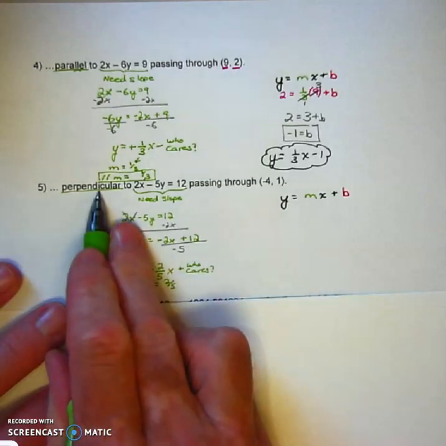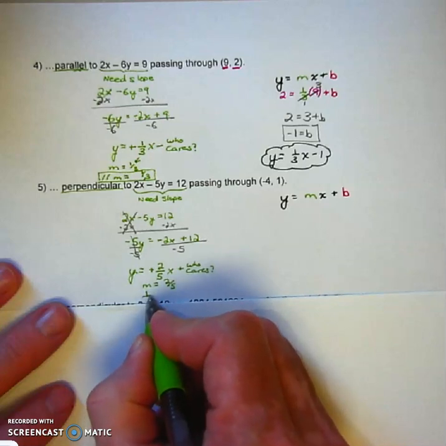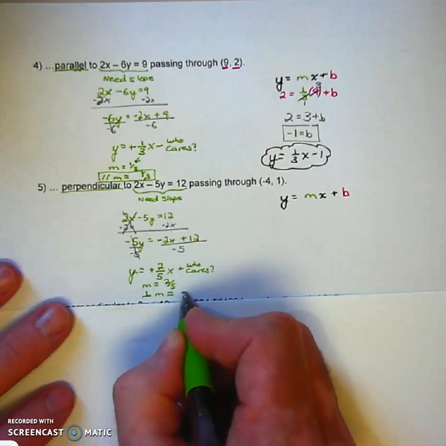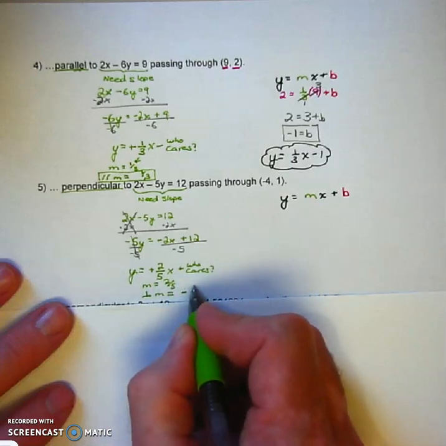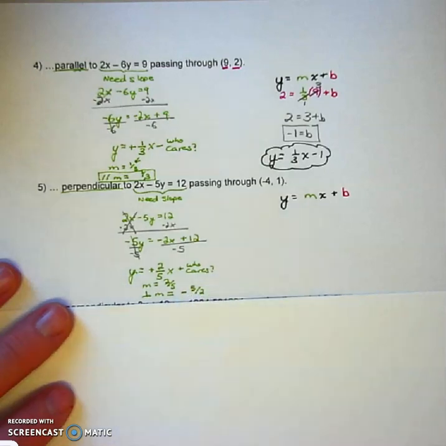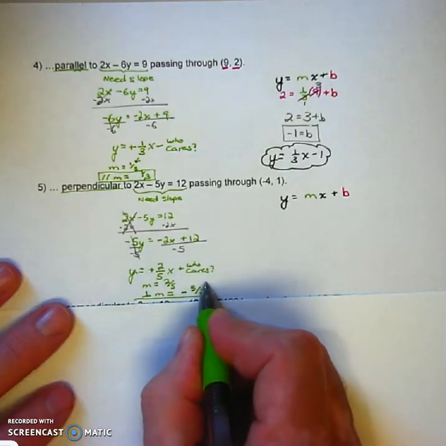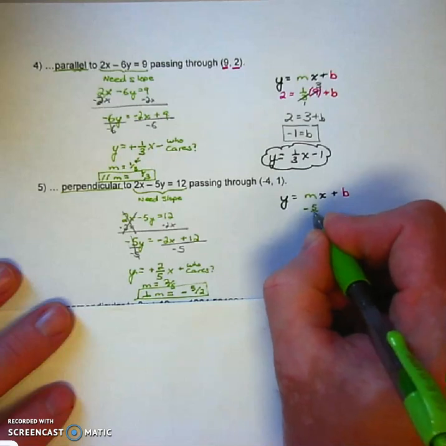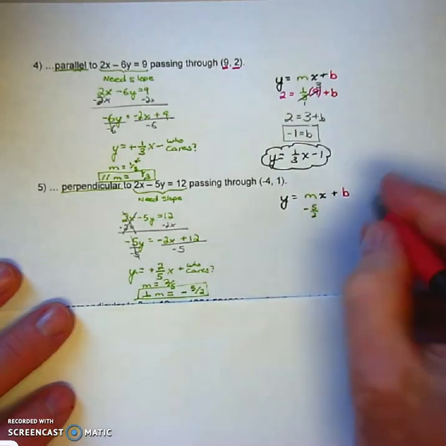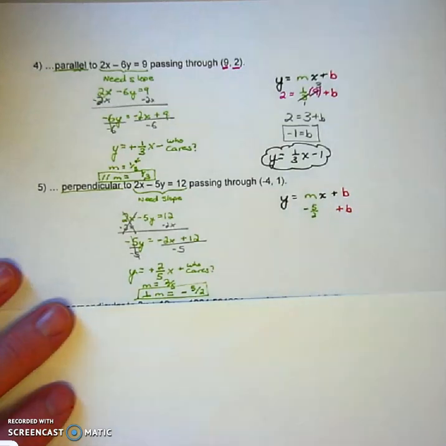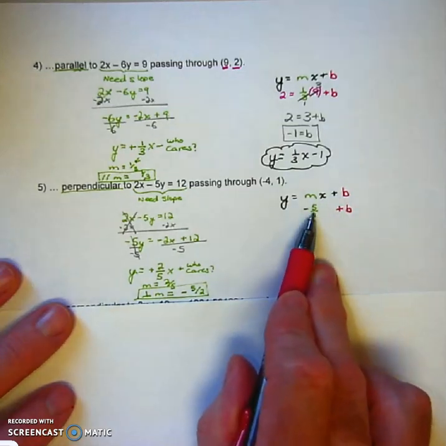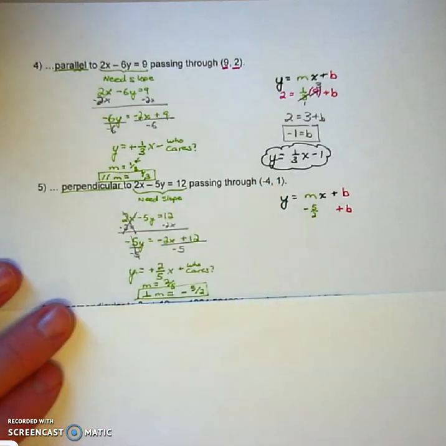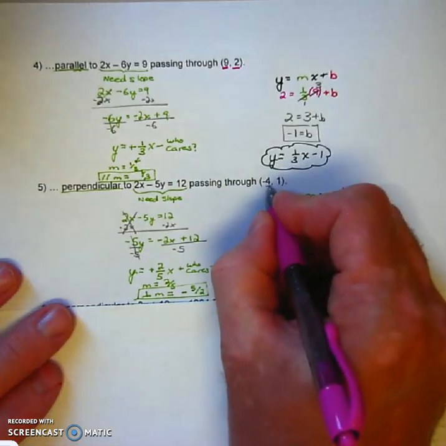But actually, I want the perpendicular slope. So the perpendicular slope is going to be the opposite, not positive, but negative, reciprocal, which means we're going to put the 5 in the top and the 2 in the bottom. So now that is my slope. And after all that work, I can put a -5/2 here. But the sad news is we don't know what the b is, the y-intercept. Because the y-intercept of a line with this slope through this point is most likely different than the y-intercept of this line. So let's put in -4 for x,